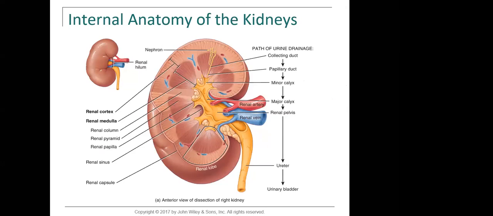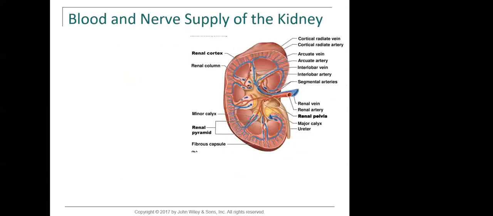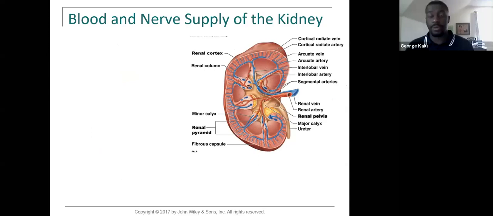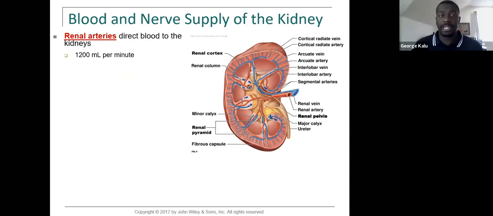Now we're going to take a look at the blood supply of the kidney. As we talked about before, the kidney is going to receive about 25% of your blood flow. You have about 5 liters of blood, and about 1.2 liters of that is going to be directed to the kidneys every single minute in order to get filtered. In order to get that blood to the kidneys, the blood is going to be moving into the